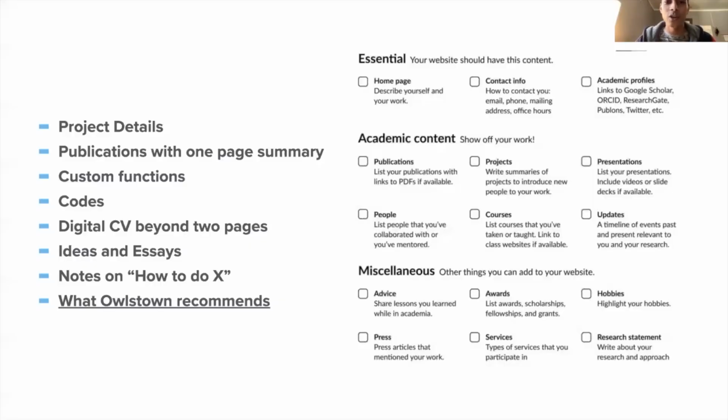Other things that you should include: the picture on the right, I took it from Allstone's website. It says that you should usually have the homepage, contact info, and other academic content, other miscellaneous content. Some of the things that I believe are really good additions to your workflow as a data scientist, or somebody working with data: you would have at some point written your own custom functions. Even if you do not feel that they belong in a package, you can always advertise your own custom functions.